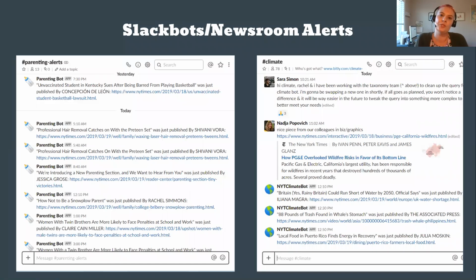Internally, one tool that has been highly requested by the desks in the newsroom is Slack bots. Basically, what those do is we create a query based on a need, and the Slack bot will ping the desk whenever an article matches that query. So an example of